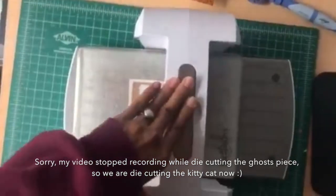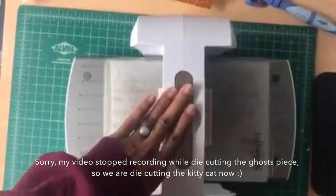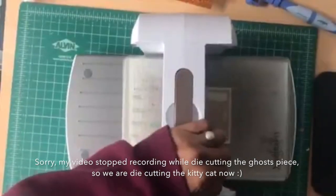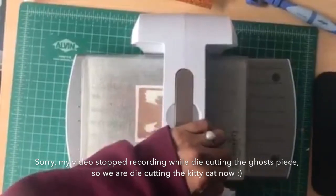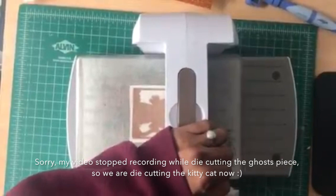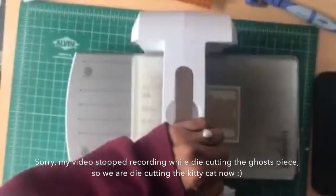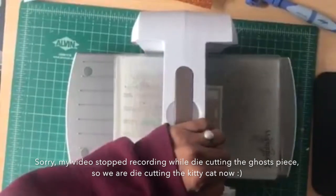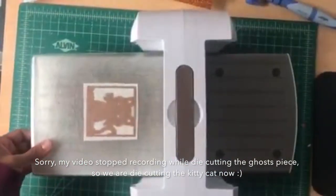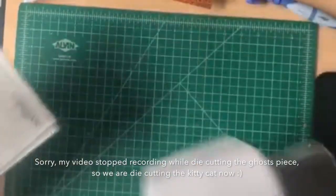Standard die cutting procedure, nothing new here. It's glitter paper, so I'm going to run it at least a couple times back and forth, so that way we know for sure it will get all the nooks and crannies. This machine does a pretty good job of cutting different material and cutting them evenly, so I'm not really worried about it. But just to be on the safe side, I'll run it forward and back 2 times instead of just 1 time. And then let's set this aside